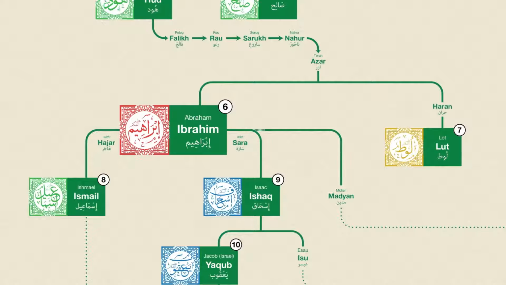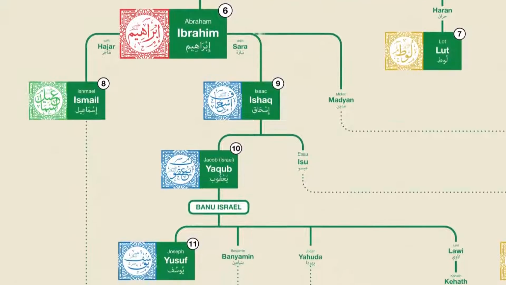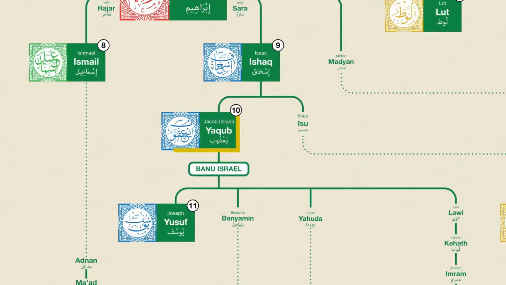All of the remaining prophets come from the line of Ishaq, with the exception of Shuaib and Muhammad. After Ishaq came his son Yaqub, who is Jacob, and Yusuf, who is Joseph. In the Quran, most of the prophets are mentioned, often in passing here and there throughout the book, as opposed to in just one place. However, Yusuf is unique in that his story is told, well, as a story. The chapter of the Quran that deals with Yusuf is one of the most detailed narratives in the whole book.